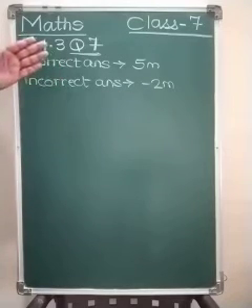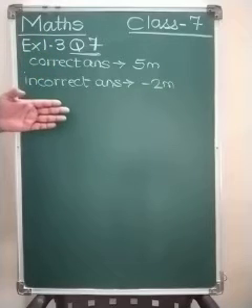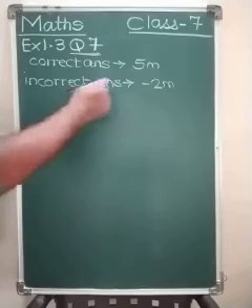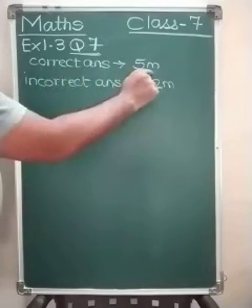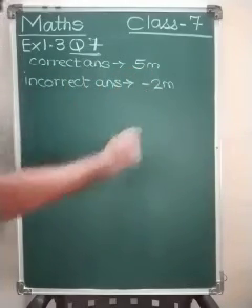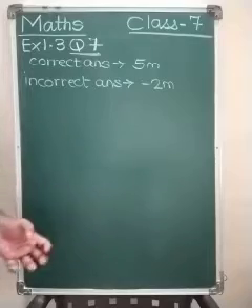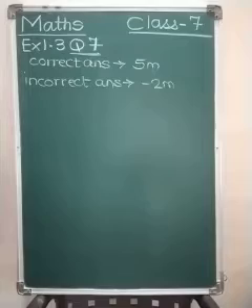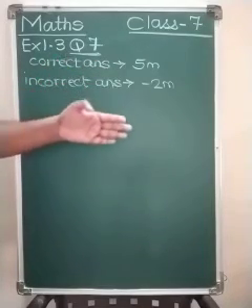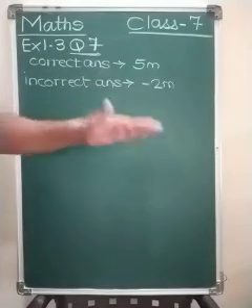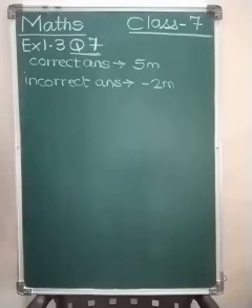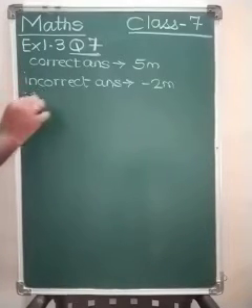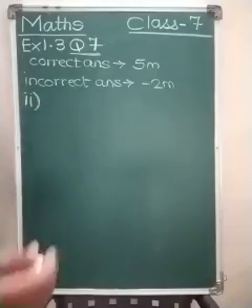So in the first part we have seen for Mohan's total marks that we calculated the correct answer marks differently, incorrect answers marks differently, and then we added them, so we got the total score of Mohan. So it was a bit lengthy process. Lengthy process means steps were more. So in the second sum, if you see the question properly, I'll read the question for you.